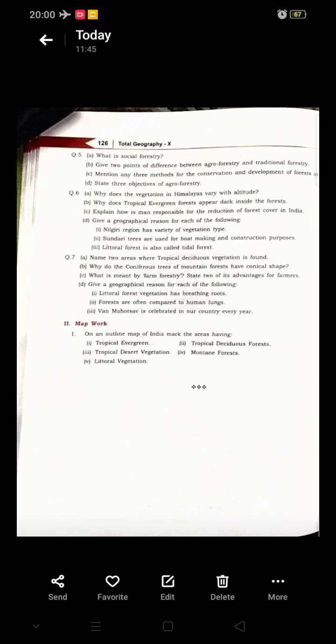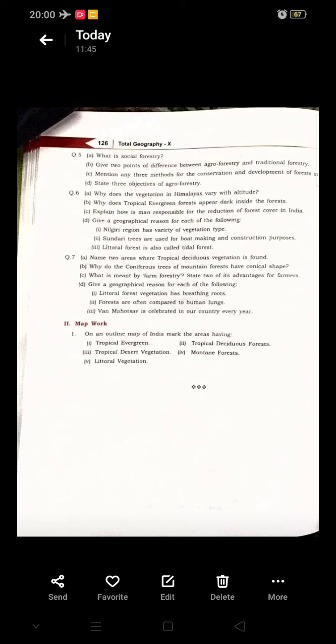Okay, next we come to question number 6d, and we have to give a geographical reason for the following. Nilgiri region has a variety of vegetation types, and we come to mountain vegetation. Here, we know that these Nilgiris are in the peninsular region. Now these hills are not very high, around 1500 meters. The vegetation also varies here